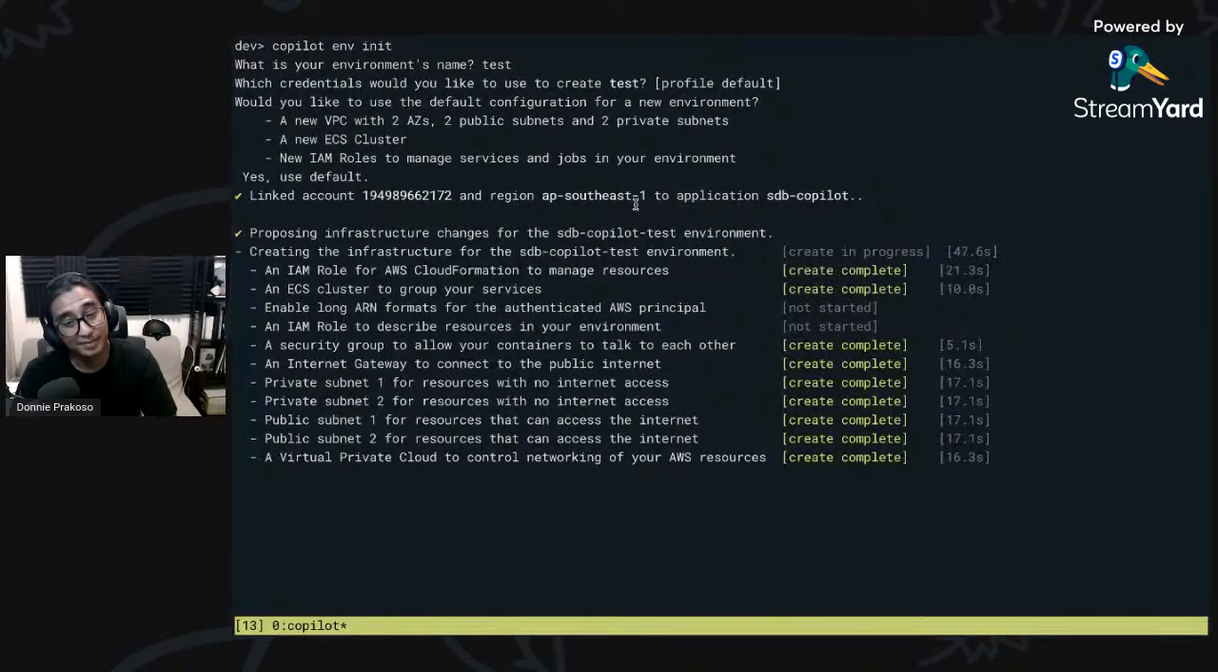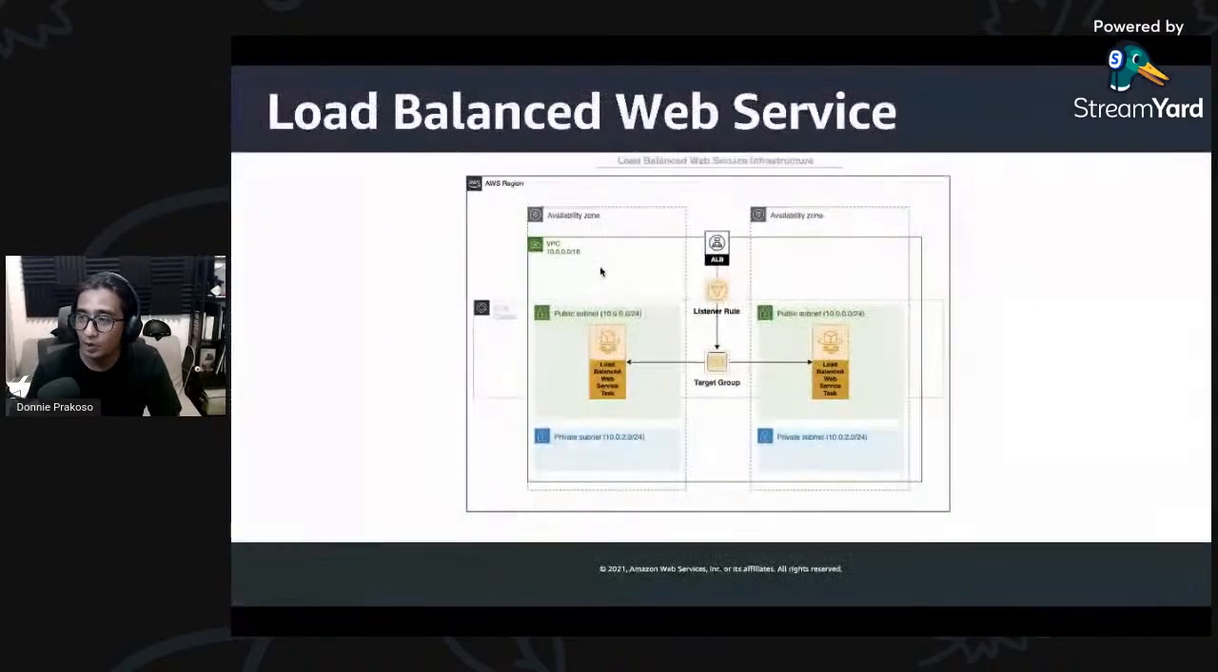Now, it's still creating. When you saw me executing this Copilot init, not now, but later on, you will see that there are a couple of options available for you to choose. Right? There is request driven, which is basically creating an App Runner service, and App Runner is a new service from AWS that you can use to deploy your application easily. And